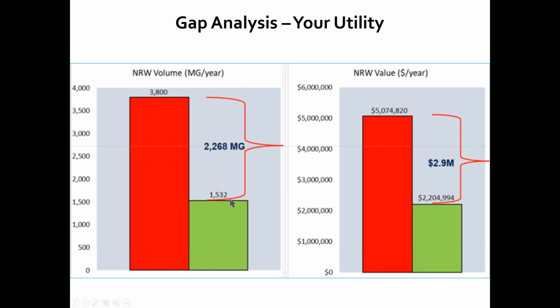We've worked with over 1,200 utilities, and some have a gap that's very big and very compelling. Sometimes the gap is actually very small and not very compelling, and that's helpful information as well, because it can guide you not to intervene and know that you just need to be in a maintenance gear, maintaining what are already relatively low levels of non-revenue water. So that's the goal of the gap analysis. That sets the stage for putting a cost-effective program into place.